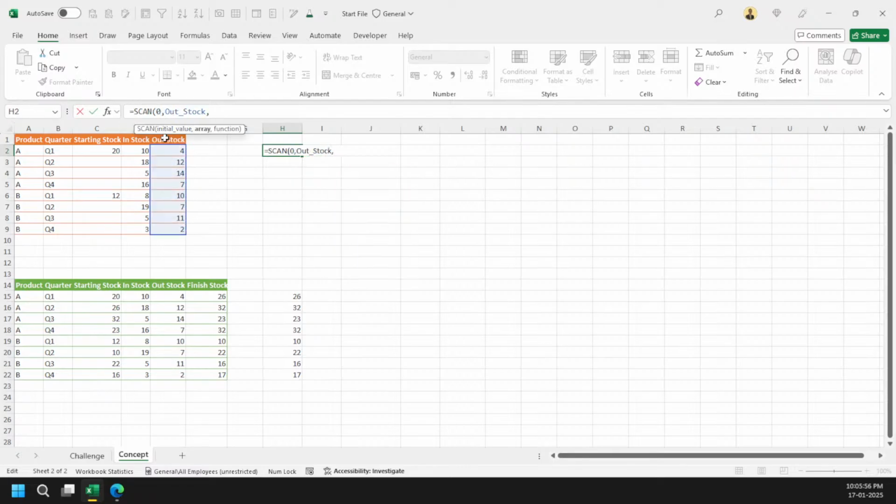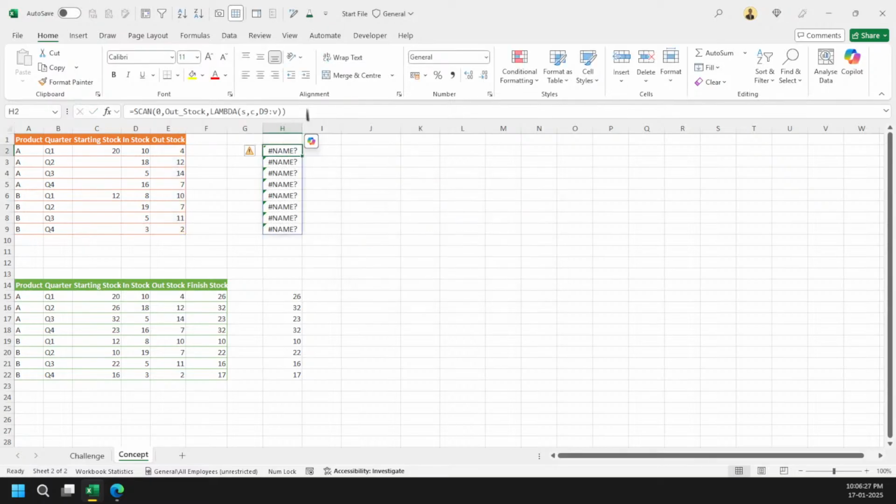Let's go with the zero value, and then I will explain it this way: lambda s comma c, and then what I will do here because I have to anchor this value, and this value is stored in the c value here. Got it? C value is holding the value. So what I'm going to do here, I will just simply select this much up this value, or let's say the in stock value, and then we'll select the v value here. Got it? So the moment I do this way, one second, outstock lambda s comma c, and okay, should have written c here.